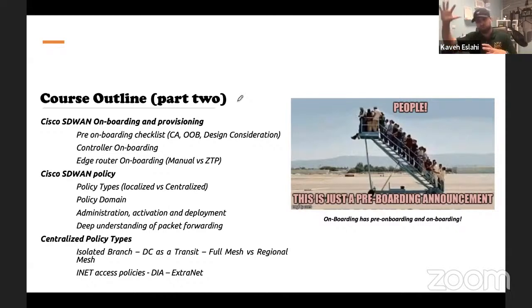When we talked about all of these components in the theoretical version, we are going to experience the Cisco SD-WAN onboarding and provisioning in the lab. So we have some pre-onboarding checklist, okay? For example, some things about the CA, out-of-band management network, the design consideration that you need to take